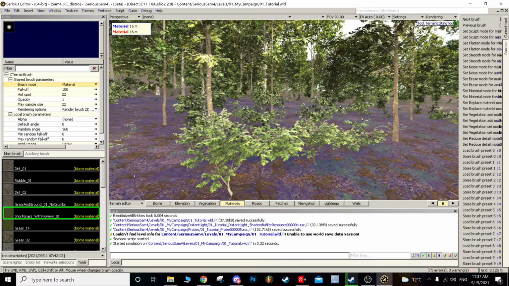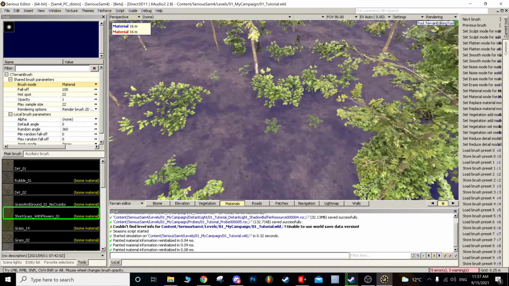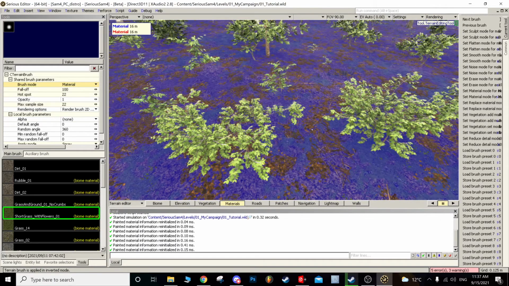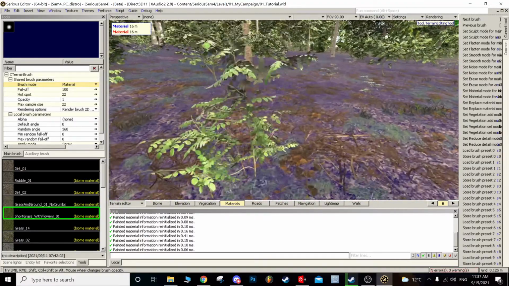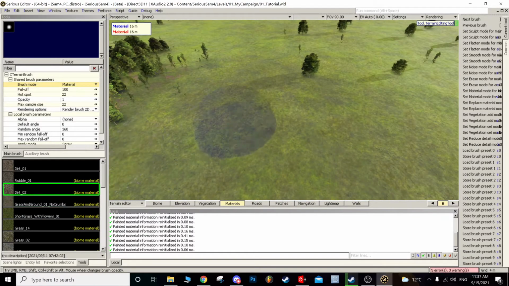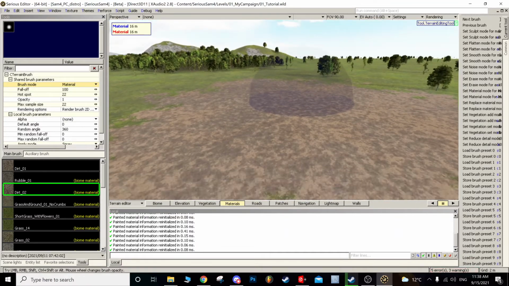Materials should allow you to paint, but I don't think you're capable of painting on already created vegetation. Or it might be my bad. If you hold Control, no, nothing's happening. So I haven't figured out how you can change the texture of your forest, so you'll have to stick with what the biome gives you. But if you wanted to paint dirt, for example, around here, hold left mouse button and here you have it. It's not very precise, but it does its